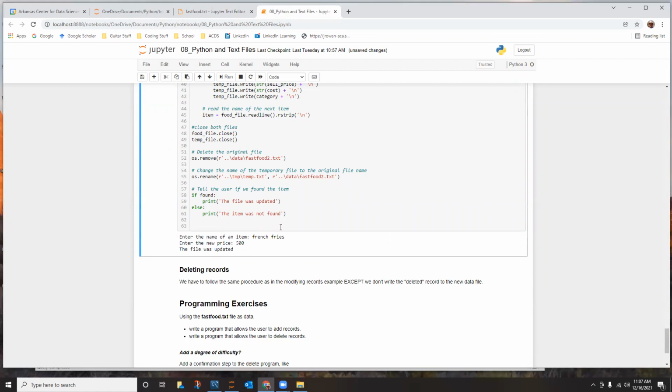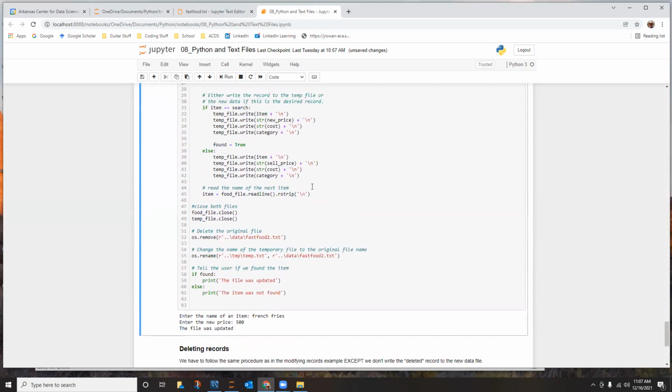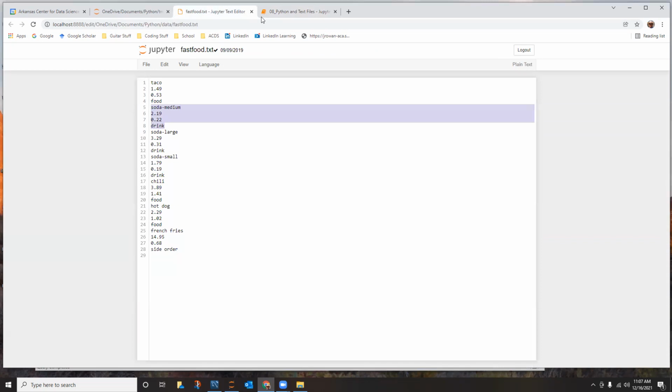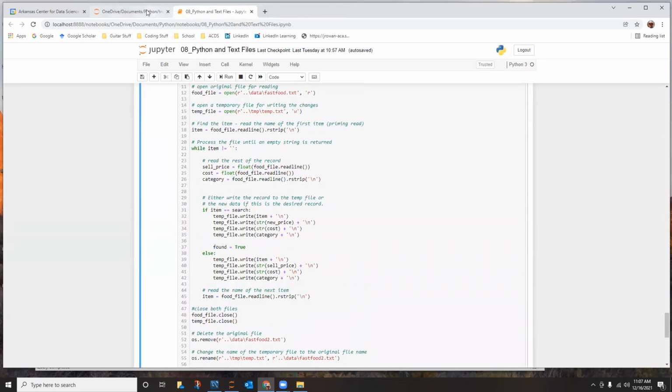Now, ideally, you would do this logic where if they typed in an item that didn't exist, you tell them, hey, that doesn't exist. You wouldn't go through all this. So the logic of this is, but it's really more about file handling examples than it is about the actual logic. So yeah, I don't modify fast food, but if we go to